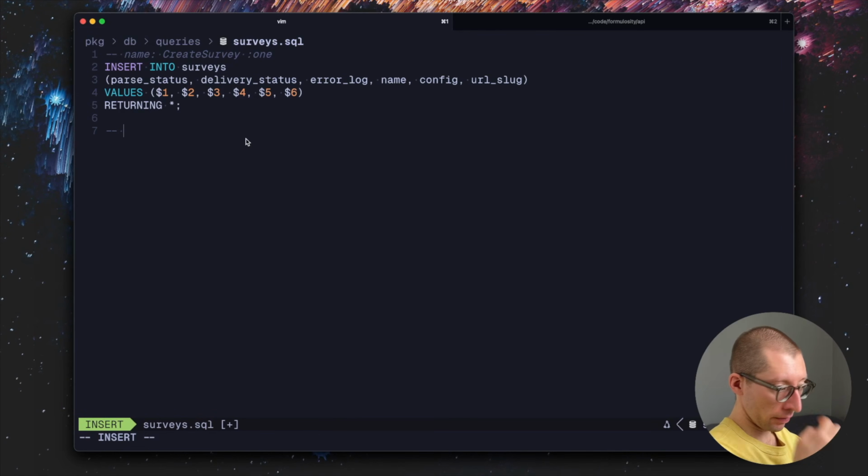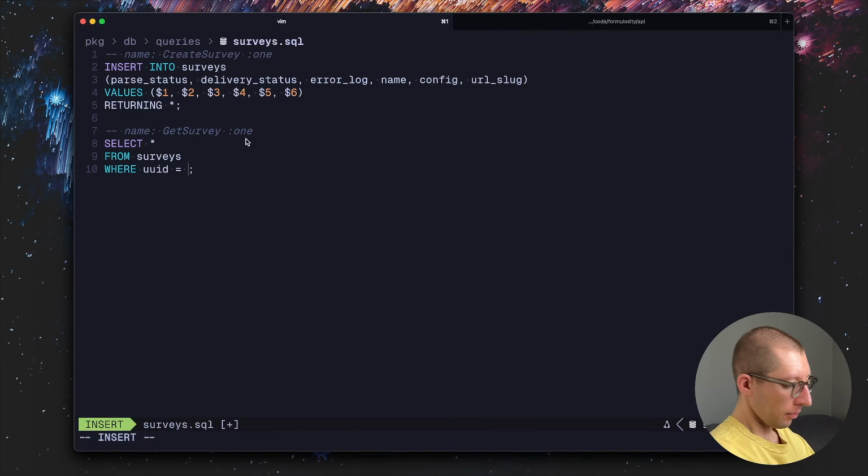And maybe just to demonstrate some other queries. So name GetSurvey. So this one also returns one. We can also use here sqlc arguments. So we can use sqlc.arg and then uid and then give it a type, something like that. And let's also create a query that returns multiple rows. So names would be